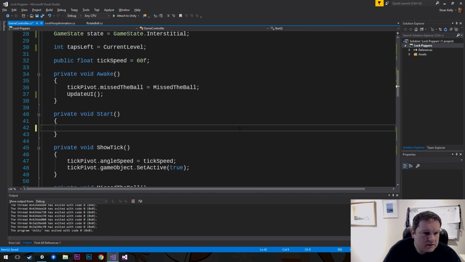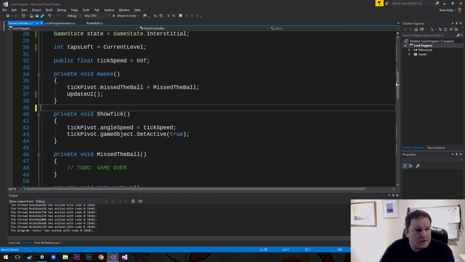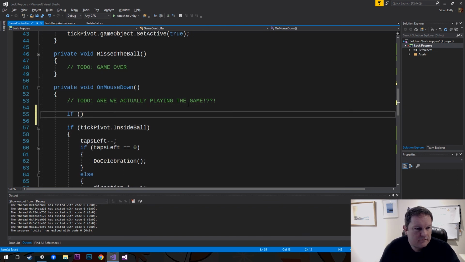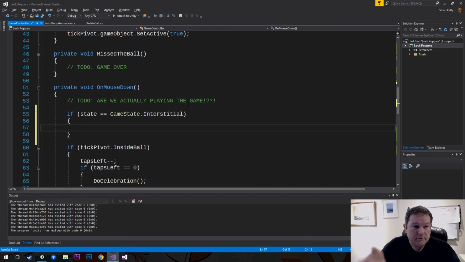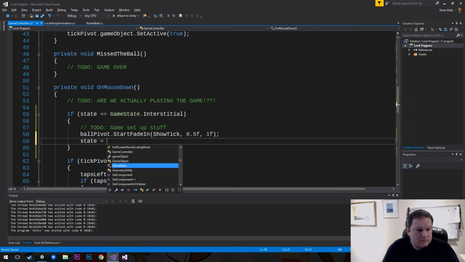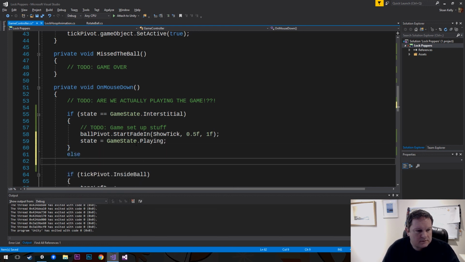What we want to say is if you tap the game, so we want to say if state equals interstitial, so in other words you're in the middle of the game, to do game setup stuff, and then we want to show that there, and we want to say state equals playing, else